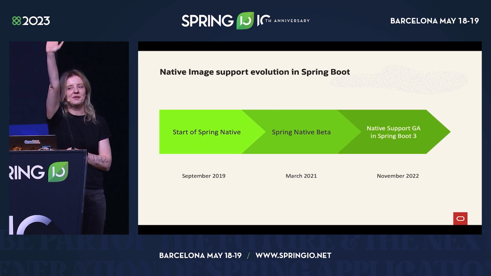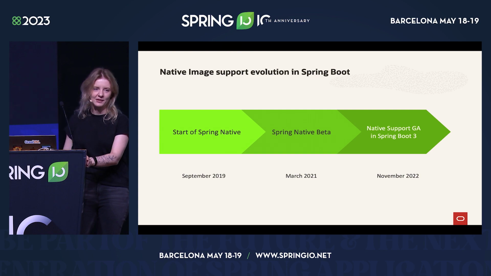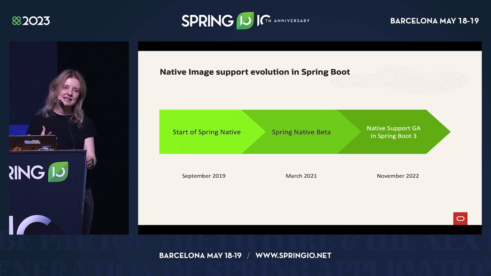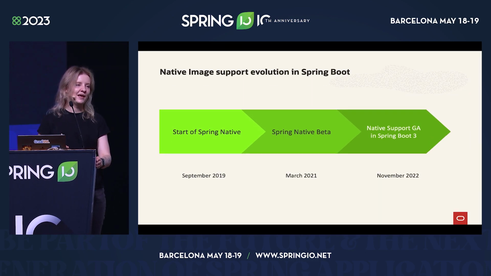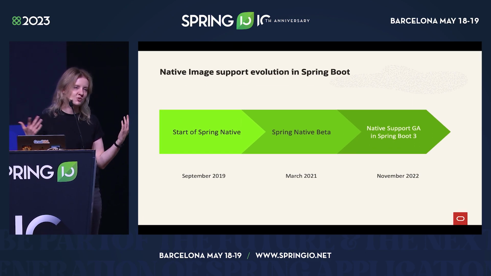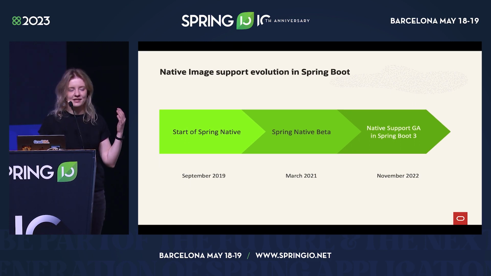Okay, quite a few people, I'm with you. It was very cool to try and build the first Spring Boot apps with native image as well. And then in March 2021, they announced the Spring Native Beta, and I think that's the time when GraalVM and native image actually became available at start.spring.io. So that was the point when it got even easier to build GraalVM and Spring Boot applications. And then in November 2022, so last year, they announced GA,